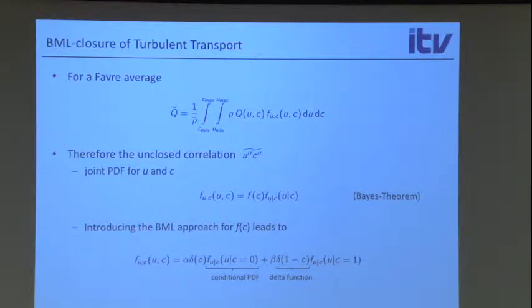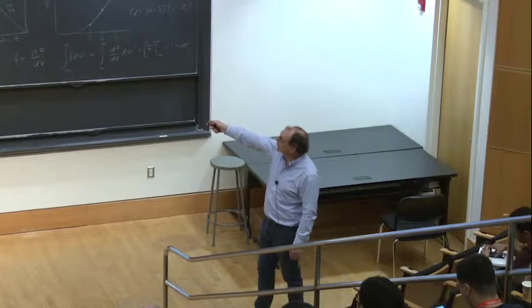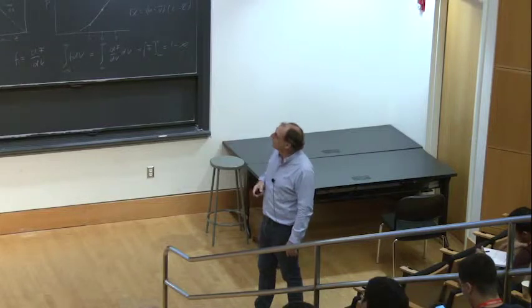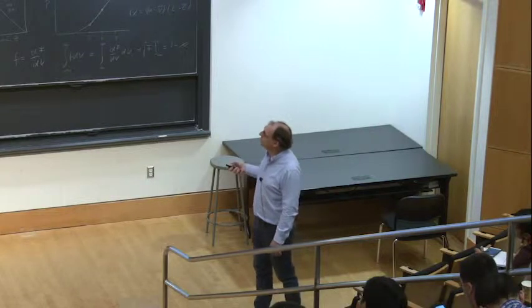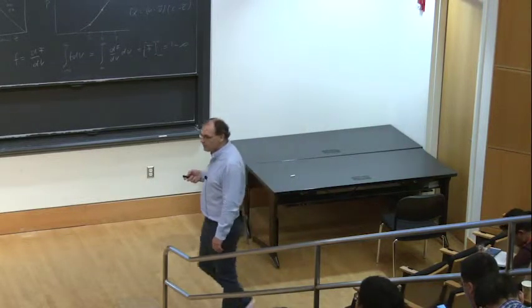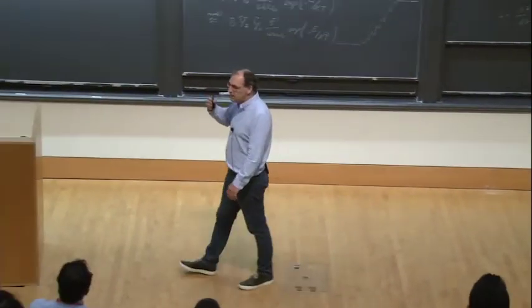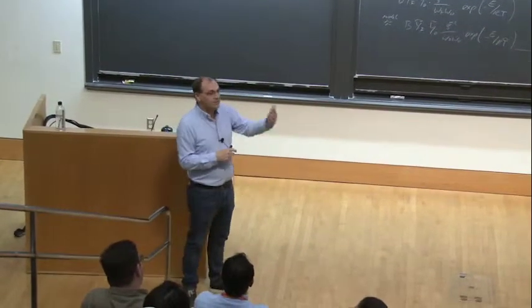That's just Bayes' theorem. And that is nice for two reasons, really. The PDF of C I know already. There's only one parameter that I don't know, and this is alpha. It's only a function of alpha, but I know the shape of this function. That's great. How about this PDF here? Can I say something about it? This is the PDF of u given c, and the only possible values of c are 0 and 1, which means this is the mean velocity on the unburnt side, or it's the mean velocity on the